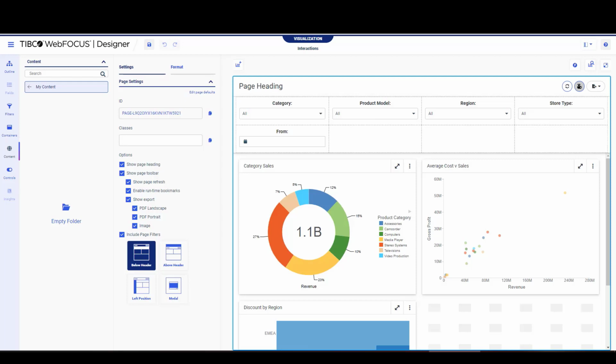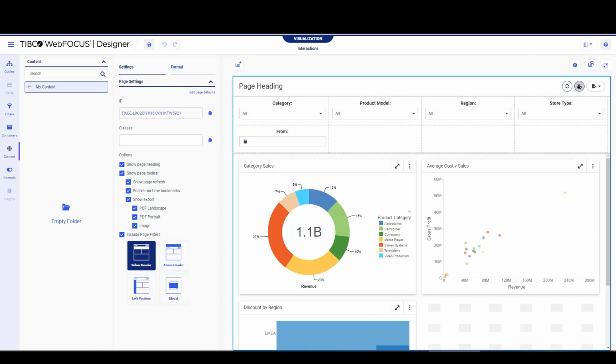Hello friends, Porter Thorndike here with the demonstration of the new interactions capability in the WebFOCUS Designer in release 9.1. Interactions are actions that can be driven off of click events. That could be on buttons, form controls, panels, really anything, and I want to take you through some of the